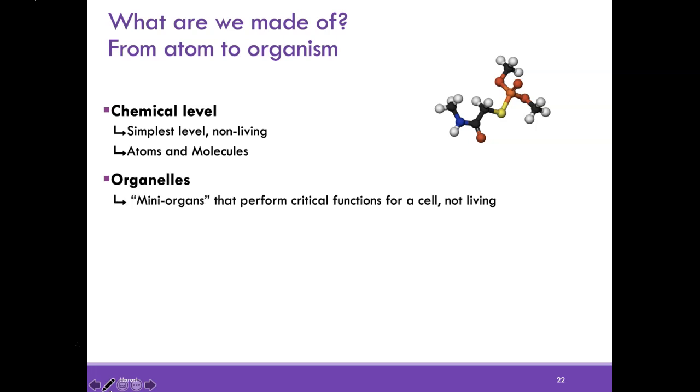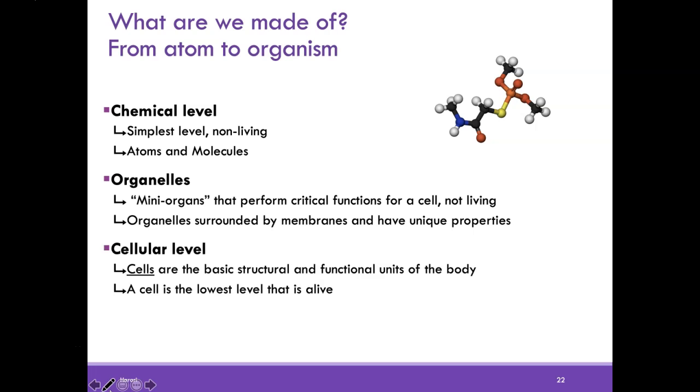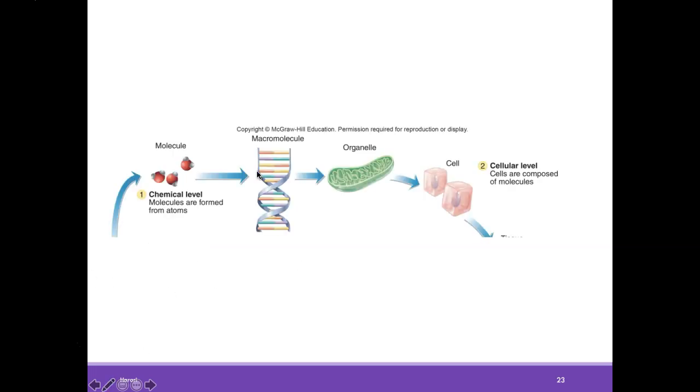Organelles are also not alive. They're mini organs that perform critical functions for the cell, and they're surrounded by special membranes. So each organelle has its own unique properties, so they can have their own functions. Finally, we have the cellular level, and cells are the basic structural and functional units of the body. And all living things are made of cells, and a cell is the lowest level that is alive. So chemicals are found in organelles, organelles are found in cells. All right, so here we have